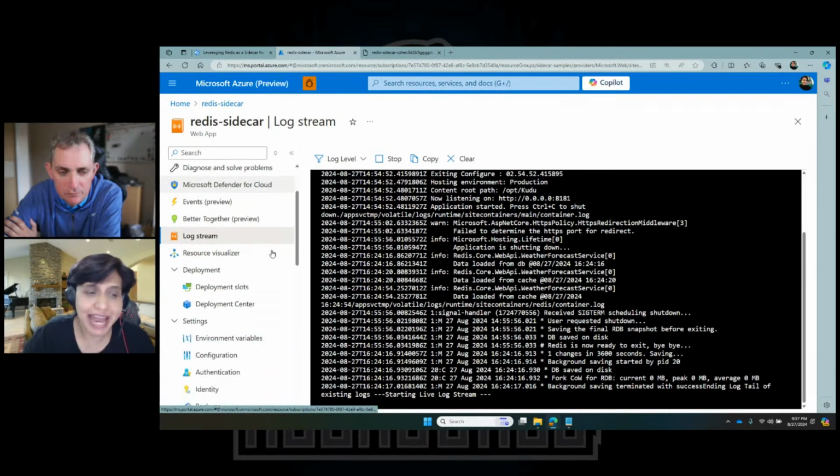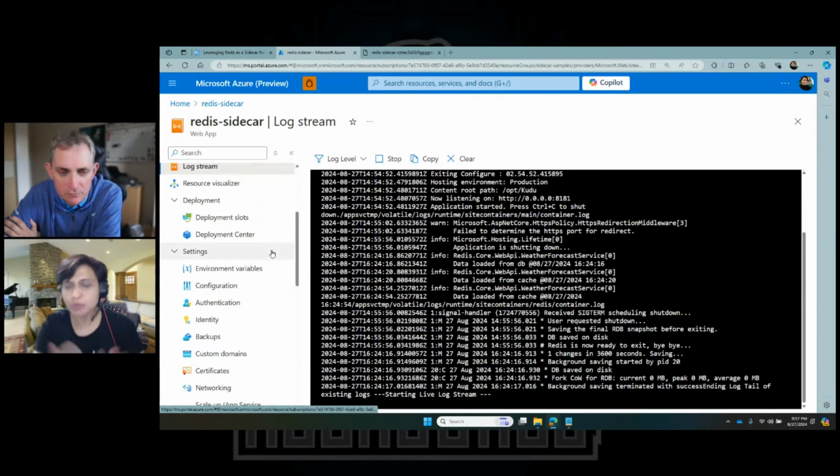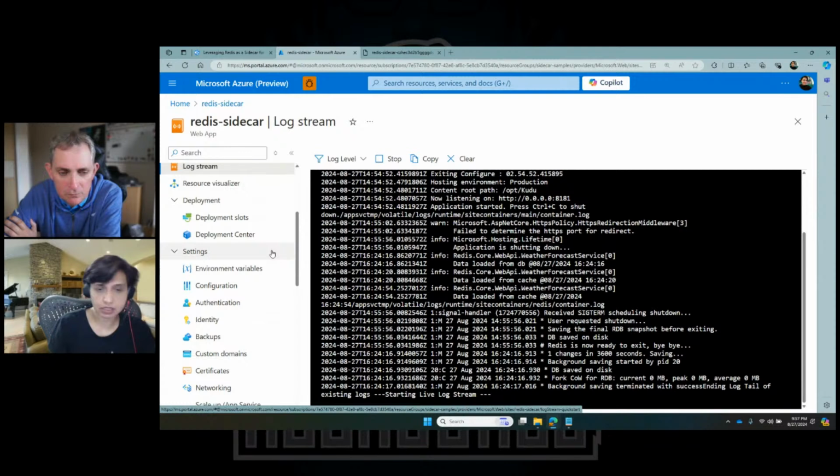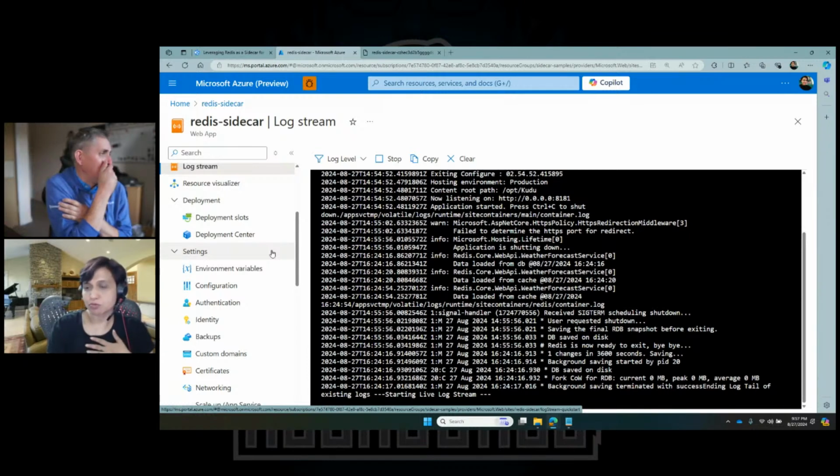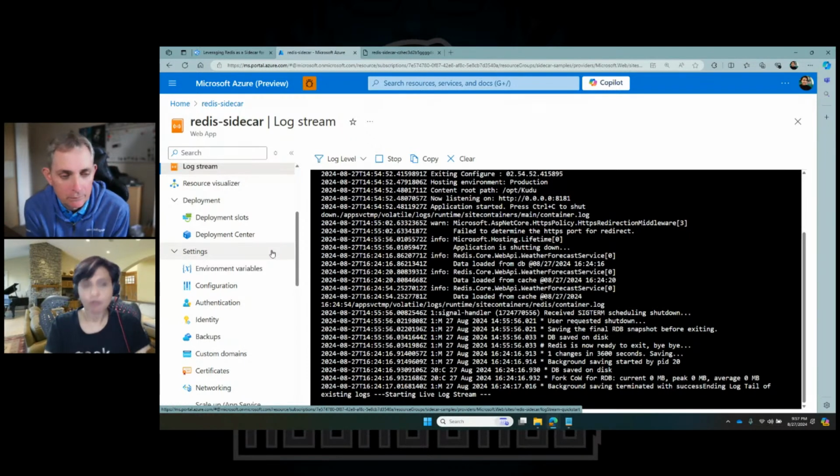The log stream is something we are working on improving. Maybe going forward, we might have a better experience where you can see container-wise logs in the deployment center. That's still things that we are working on, and you should probably see it soon. But right now, if you just want to figure out what your container is doing, just put in some console.write statements, because that's all I've done over here, and you will see it in your log stream.